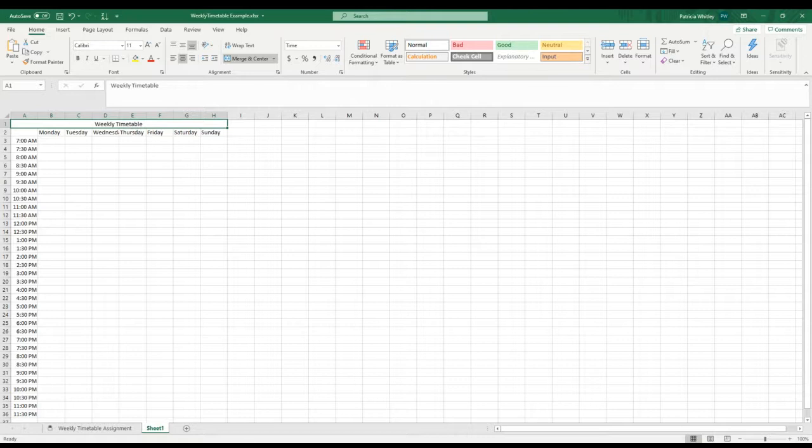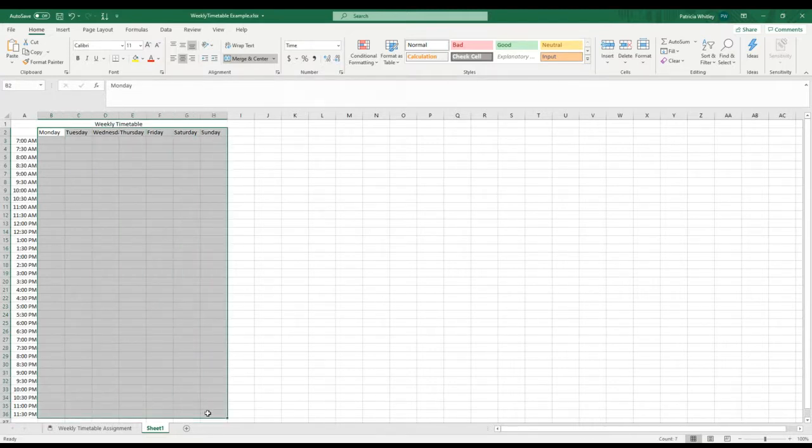What are the next instructions? The next instructions are that I can create the lines on my schedule, select all the cells I want to divide with borders. So let's go to the weekly timetable and let's select everything that we want to be bordered. So I don't think I want to have the times bordered. So I'm just going to select everything that is underneath Monday, Tuesday, Wednesday, Thursday, Friday, Saturday, and Sunday down to 11:30. And then I'm going to go up to the border